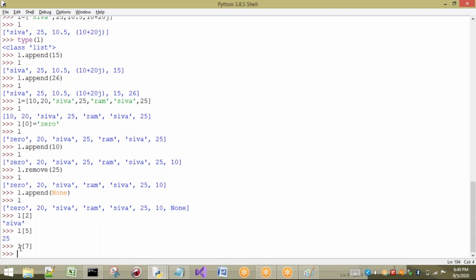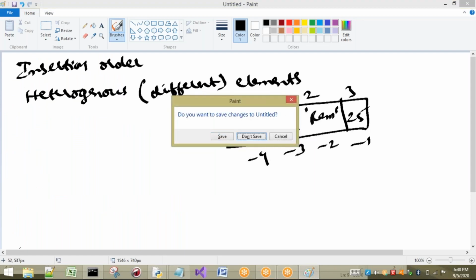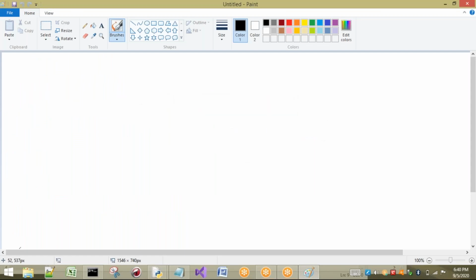Now I will discuss once again the properties of a list, and I will explain clearly. If I want to store int type data, that means whole numbers, better go for the int type. For a floating point number, go for the float type.